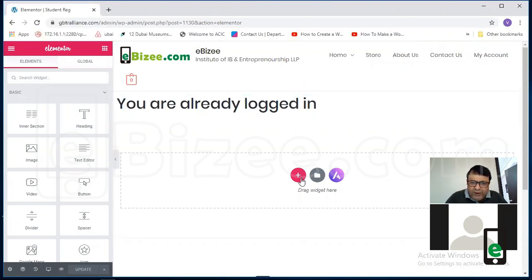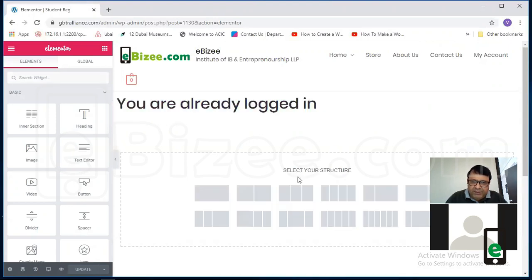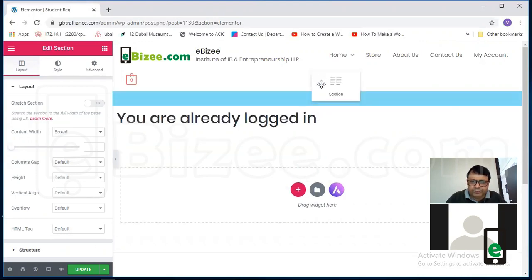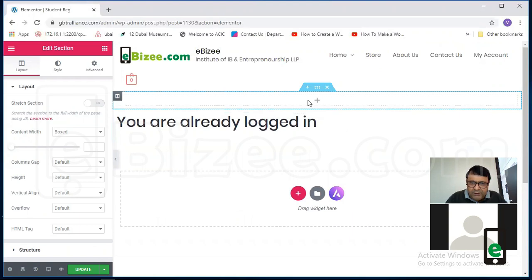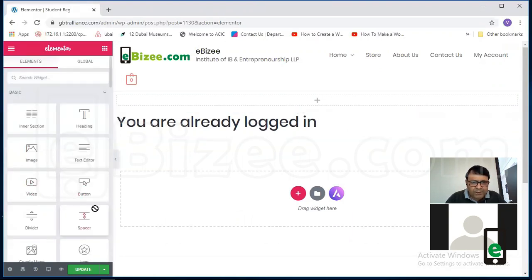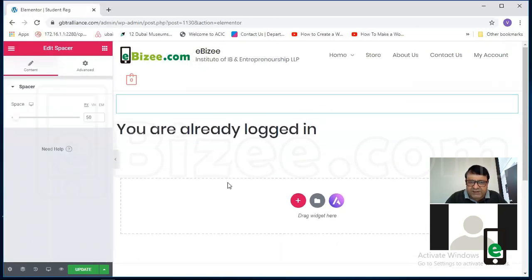So what we will do, we'll add one more section here. One method is that we can add one more section here. We'll shift this section to the top. And here I will add a spacer.